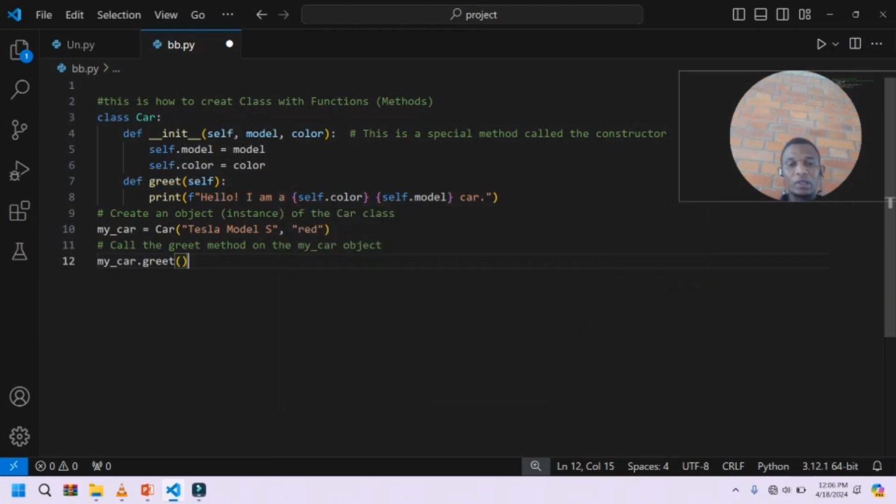This represents the color of that car and the model of that car. Then the creation of an object, or instance, of the car: my_car is created with the class name Car. Then you can put in the model and the color of that car. As you see, the model is Tesla model,